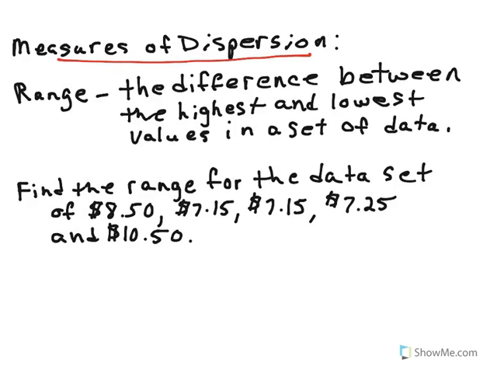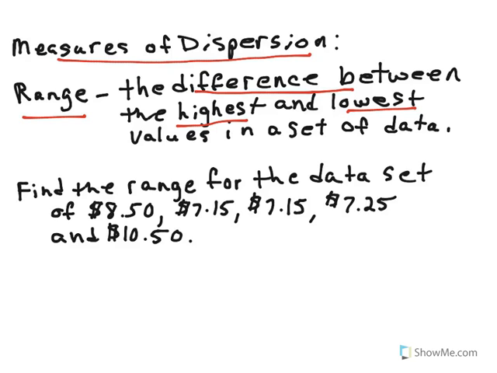Measures of dispersion. Range. Range is the difference between the highest and lowest values of a data set. Example, find the range for the data set of $8.50,